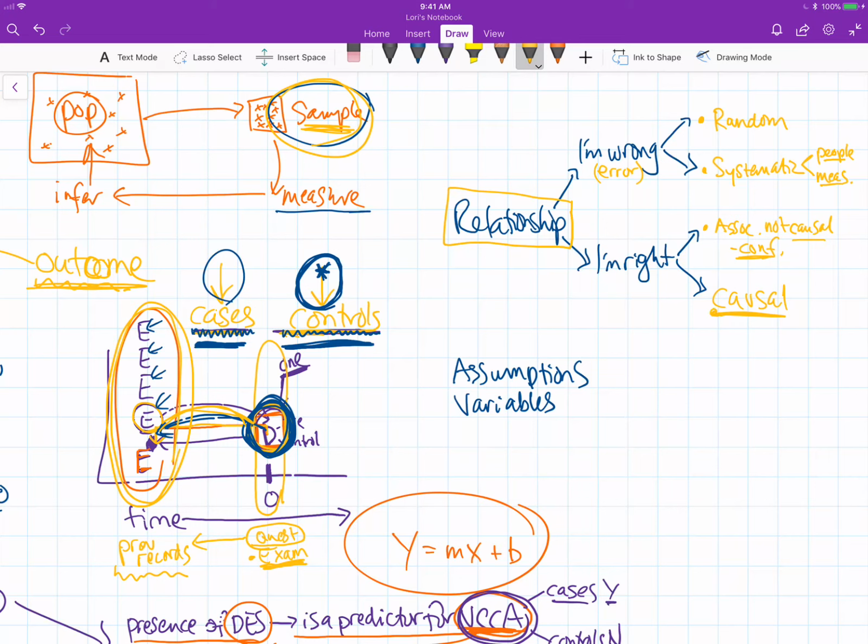And then finally we can end up concluding that we have something that's possibly causal. Often our studies include all of these. There's a little bit of causal relationship, there might be some systematic error, there might be some random error, we might have a little bit of an issue with confounders that we haven't been able to measure,